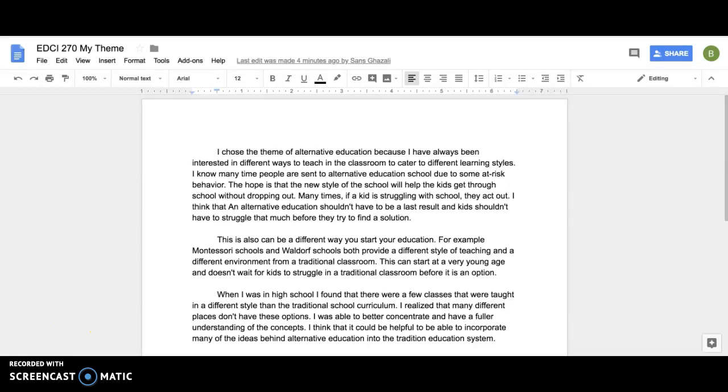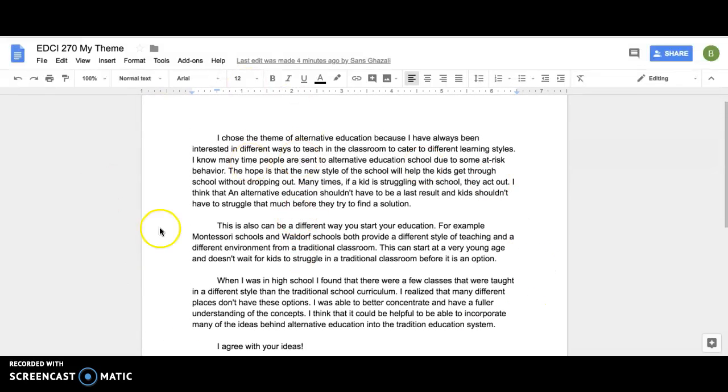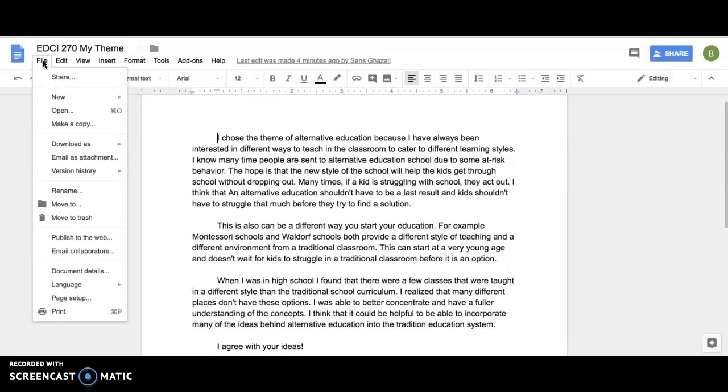So here's a document that shows my theme and why I chose it. So it looks here like it's just all written up. So say you're working with somebody else on a project and you wanted to see who did what and who wrote what. So what you can do is you can go to File and then Version History,